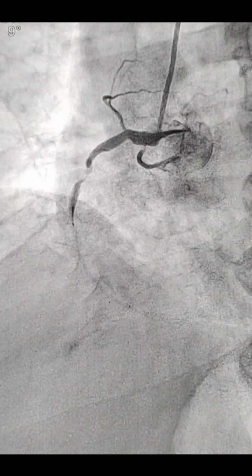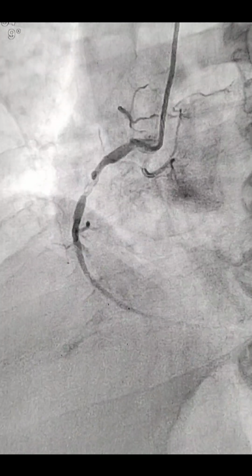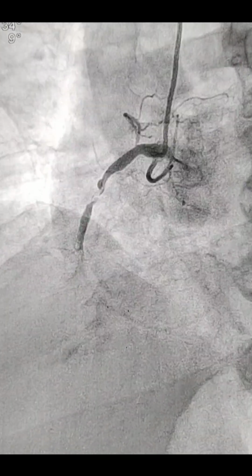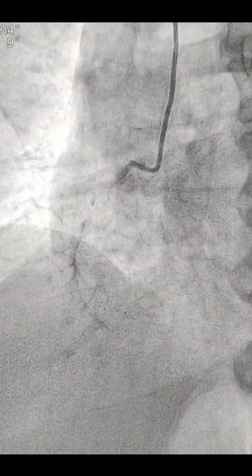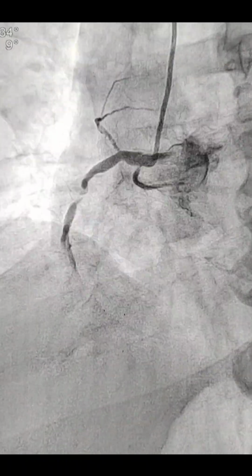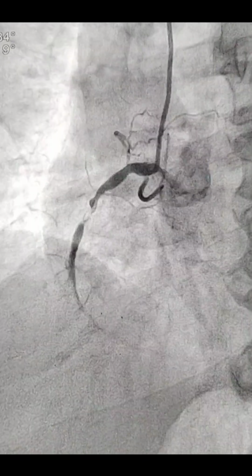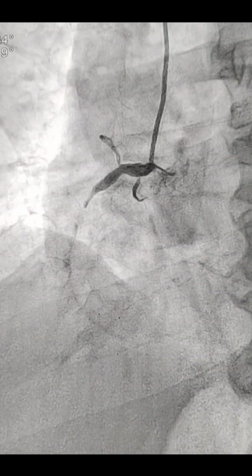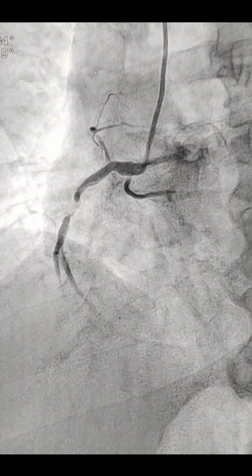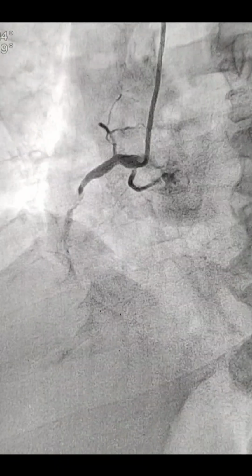So this is a 65 years old male who is a known case of diabetes, hypertensive and smoker. He presented with 6 hours of chest pain and with in ECG with the evolved inferior wall ST elevation MI. So this is angio, and you can see this is with right radial root, and this is RCA, and you